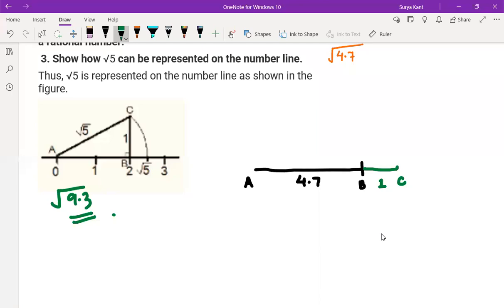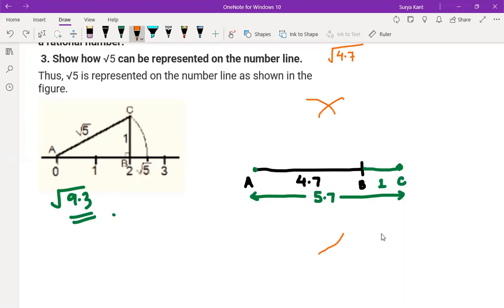Then you know how to take the perpendicular bisector of AC. This complete part is 5.7 itself, right? 5.7. Take the perpendicular bisector. How many of you don't know how to take a perpendicular bisector? See, suppose AC is 5.7. With the help of a compass, take more than half, around 3.5, and put one arc on top and down. Again put top, down.